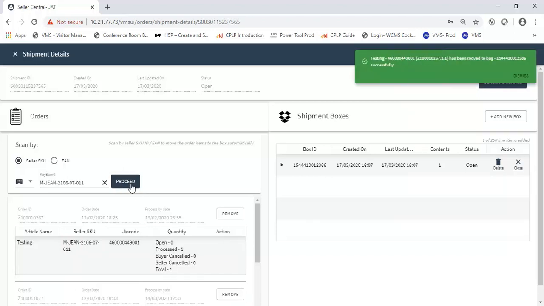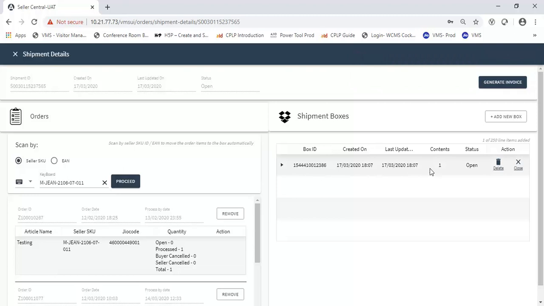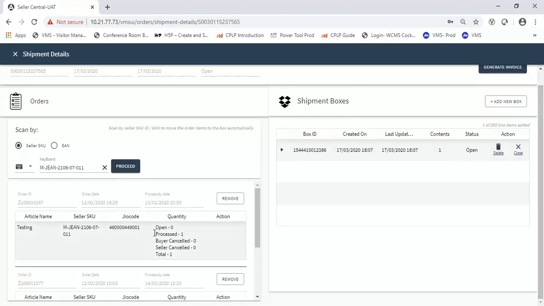As you can see, when you've clicked on proceed, a successfully added message has come, and as you can see, one content has been added to the box ID. Also, under this SKU, you can see that the quantity has moved from open to processed.